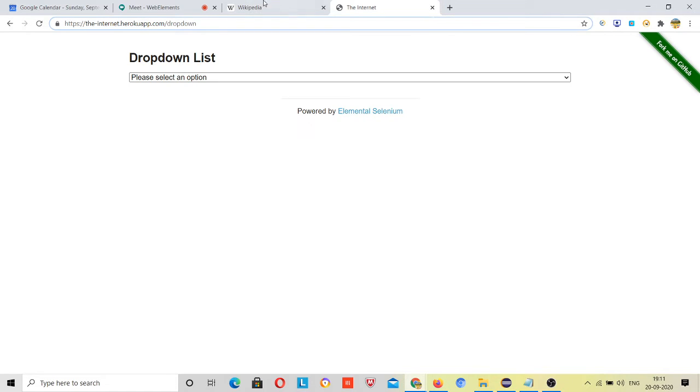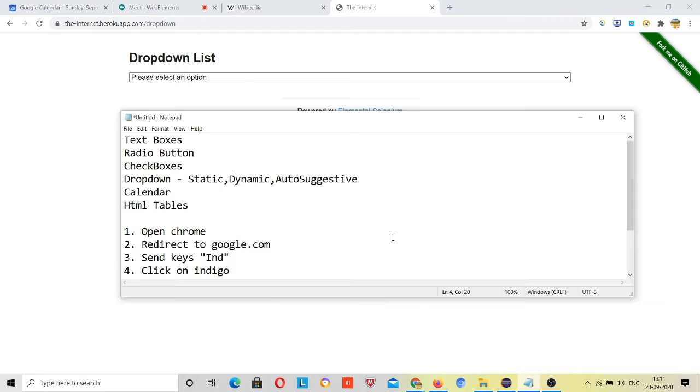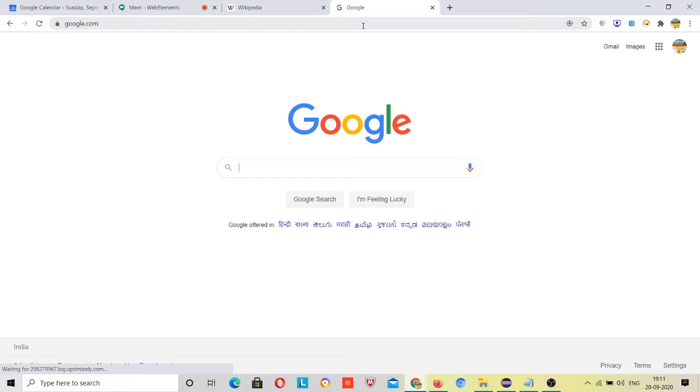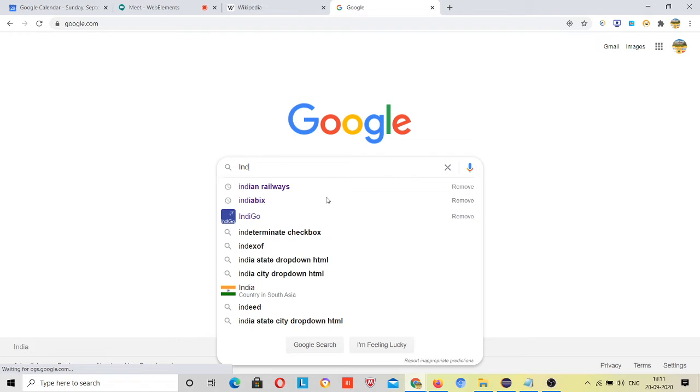What about the auto suggestive drop down? Suppose I am at google.com. If I type IND here, see, these results are suggested.